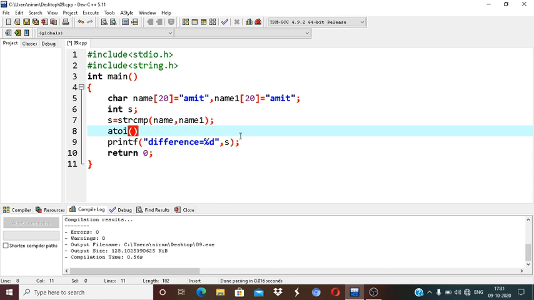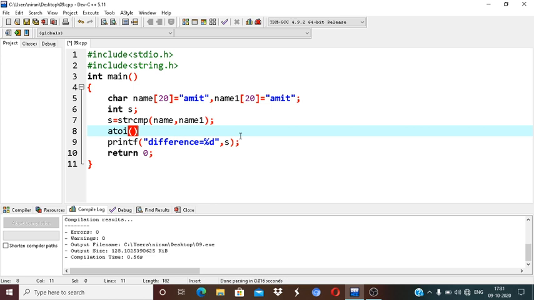The atoi function is a C library function which is used to convert a string of digits to an integer value. It is in the C library and is used to convert a string of digits to an integer value.